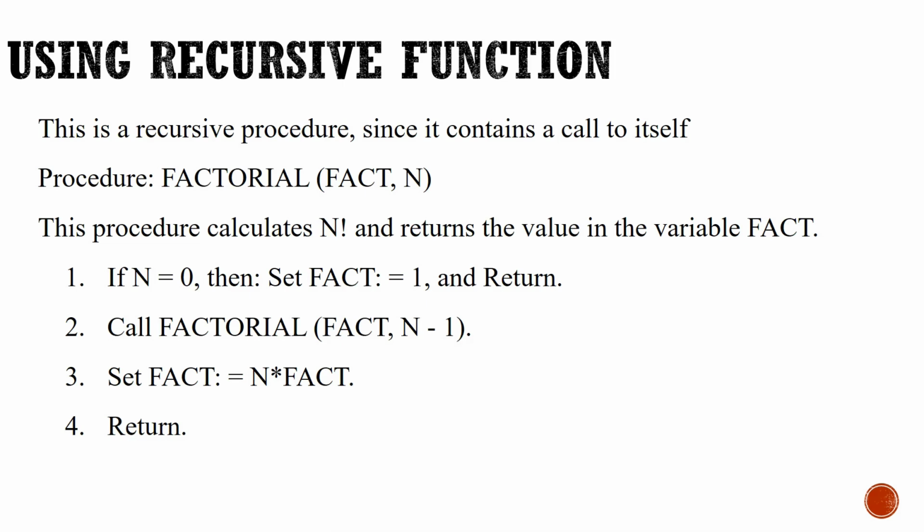Again we will go to the previous call which was done with the value of n equal to 2. Now in that case what happens? 2 into 1, that will be 2, and it will be set to fact. Again the next call. Next was for 3. 3 into 2, that will be equal to 6. Now we have done all the calls for the factorial, then we return from the function. This is how the recursive function works. In the recursive function, the main thing is an application of a stack, wherein the function calls will be stored in the stack. This is how recursive functions work.